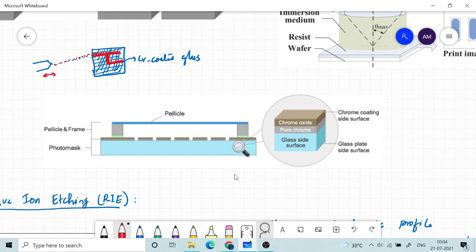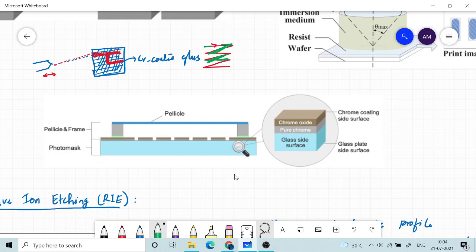As it is scanning from top to bottom in a raster scan, it goes like this. When it goes to places where you need it to irradiate, you switch on the beam, otherwise you switch off the beam. Wherever you switch off the beam, there will be no pattern. So here I don't have any pattern. Wherever you require the pattern, you switch on the beam.